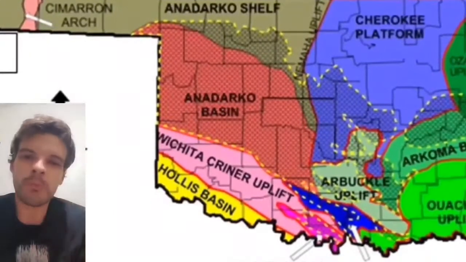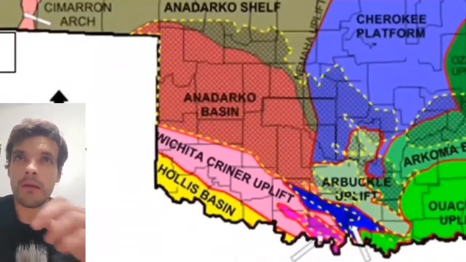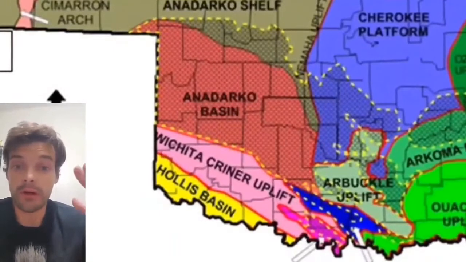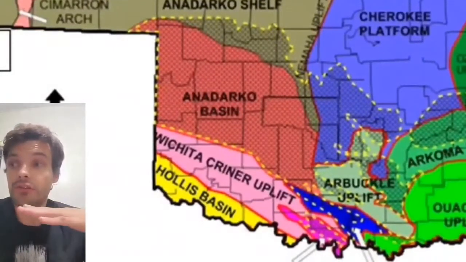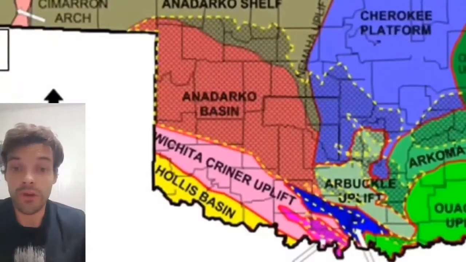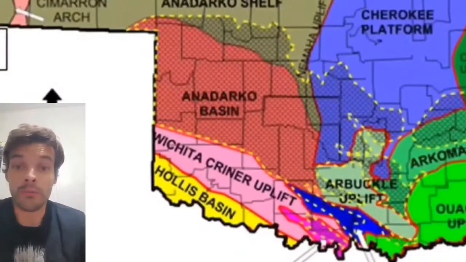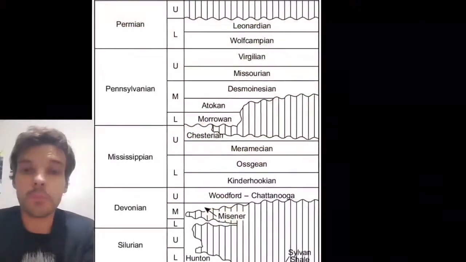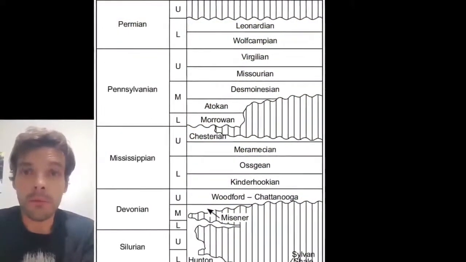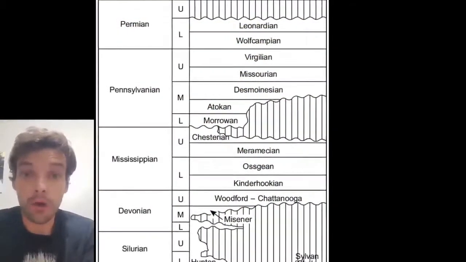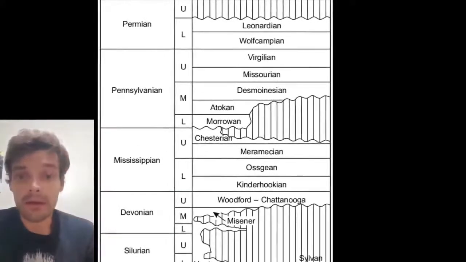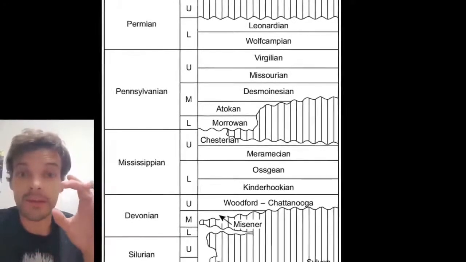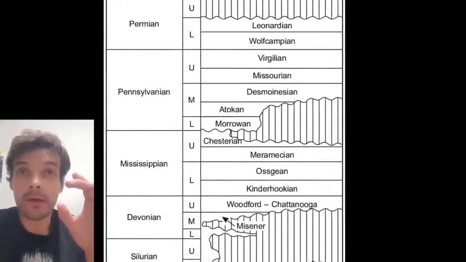The Cherokee platform is basically a level plain, even though there are hills and mountains and stuff on it, or small mountains at least. It's generally a flat plain that stretches for well over 100 miles. The highest points would be Upper Permian, Leonardian strata, and so it has specific characteristics in that specific layer of strata, which